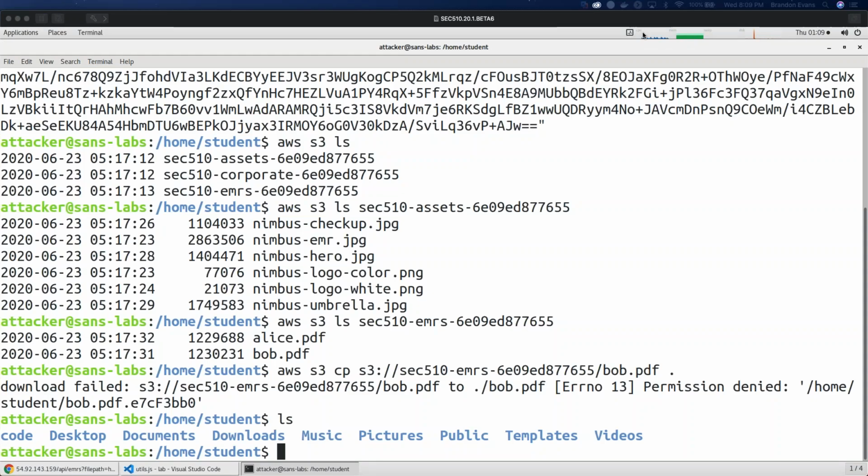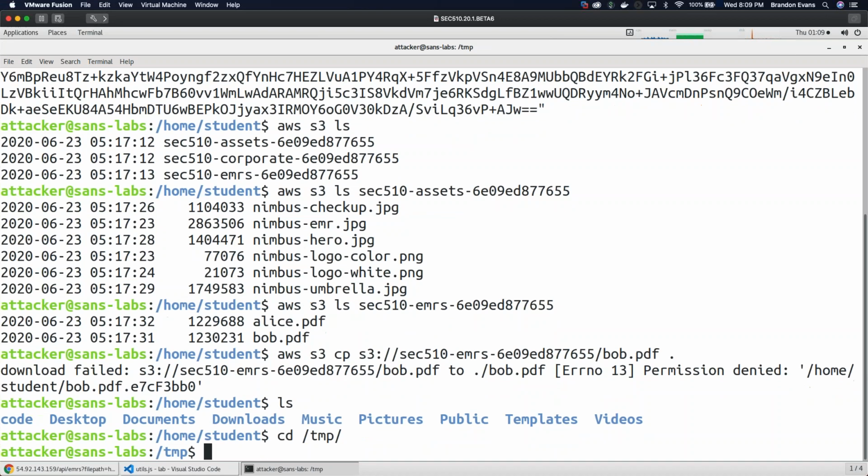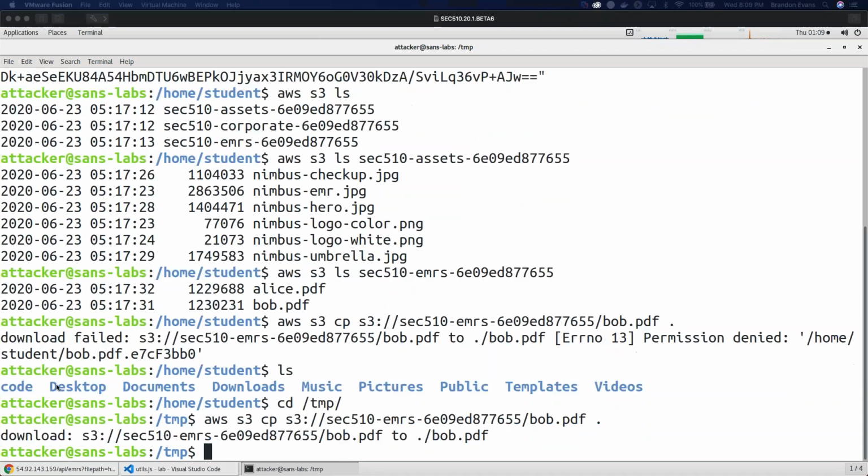So I'm using this attacker user, and I was in the student directory, so I don't actually have the right to write to that directory. Now I'm in the temp directory, which is world writable, and now we have this file. So if I type ls now, we should see bob.pdf. Awesome. So now I'm going to actually load that file